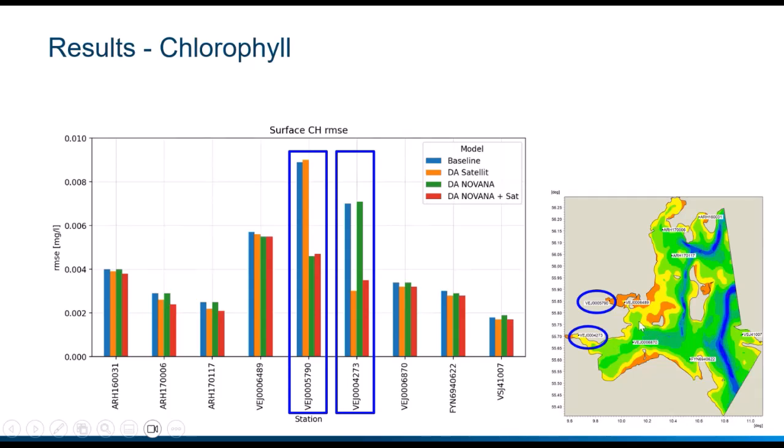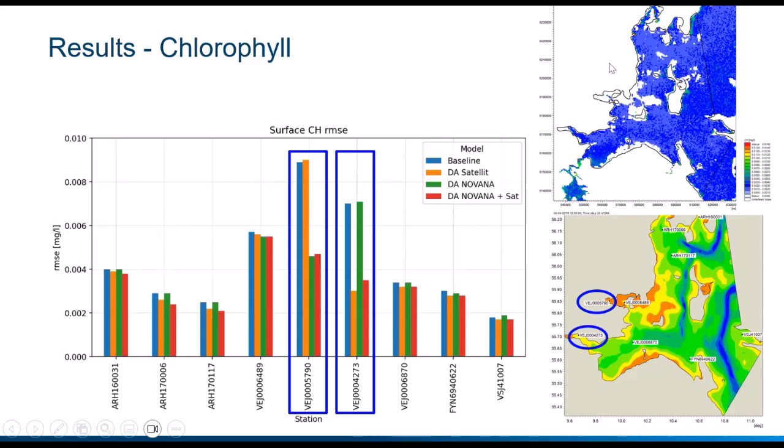And if we look at which stations they are, both are located within the fjords. One station, that is this one, is located in Horsens Fjord, and here we see that it doesn't really benefit from assimilating the satellite data, but we see a large reduction in the root mean square error when we assimilate with the measurements. And the reason for it not to benefit from the satellite data is most likely that this area here is poorly covered by the satellite because it's too close to the coast, and this is a shallow area where the satellite data is not covered.